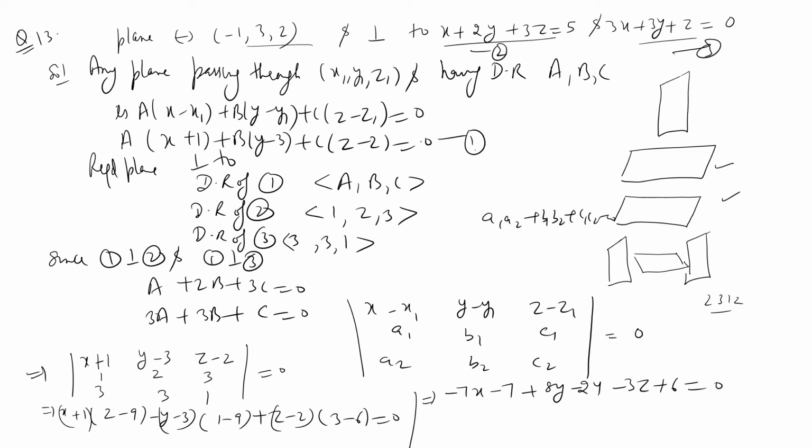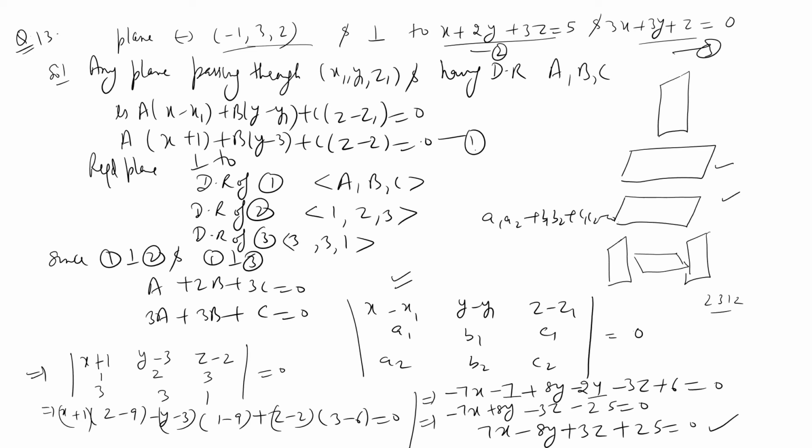So minus 7x plus 8y minus 3z right now. And this is minus 7, 24. So minus 7 and plus 6 is minus 1, so it is minus 25 rather, is equal to 0. So let us write it in standard form, and this will be the required equation: 7x minus 8y plus 3z plus 25 equal to 0. So you can either choose that cross multiplication method for elimination, but I think this will be the best way of framing the equation in such condition where a plane is passing through some point and is perpendicular to two more given planes.